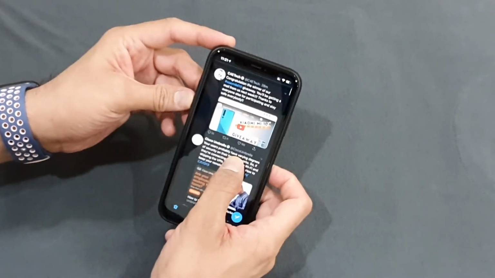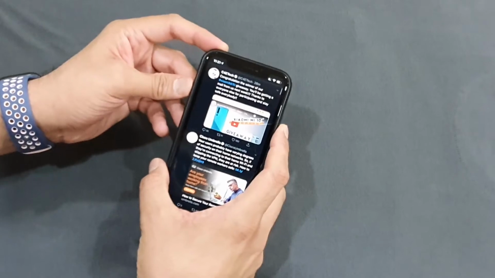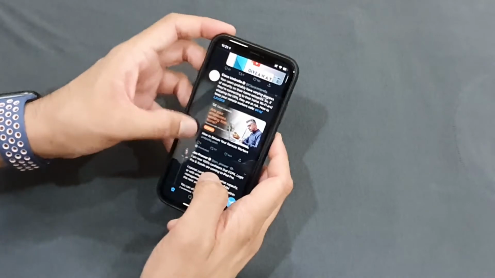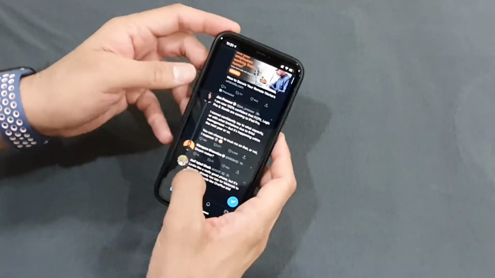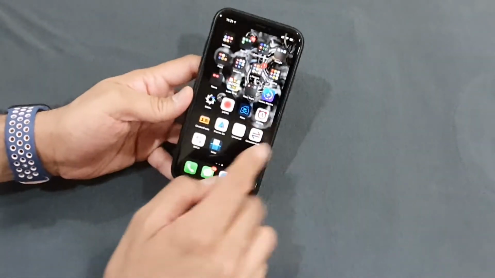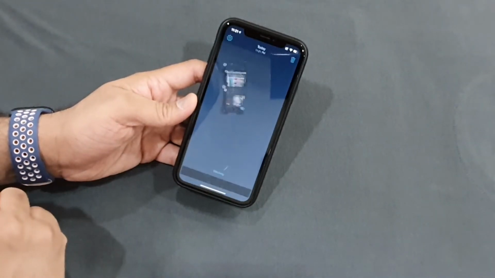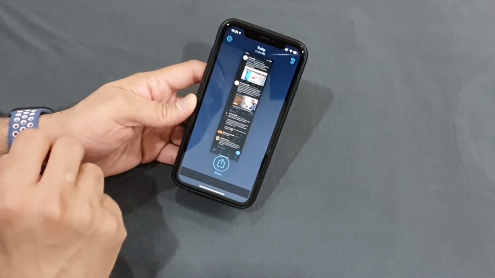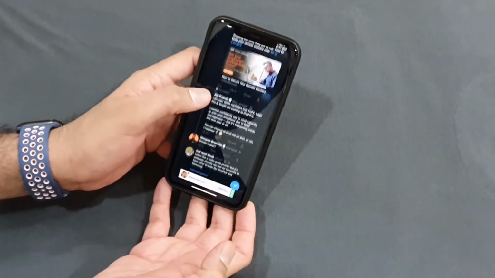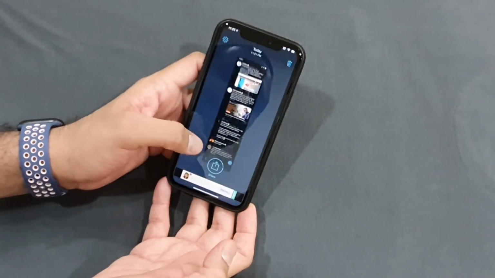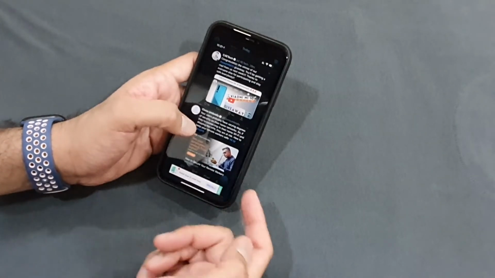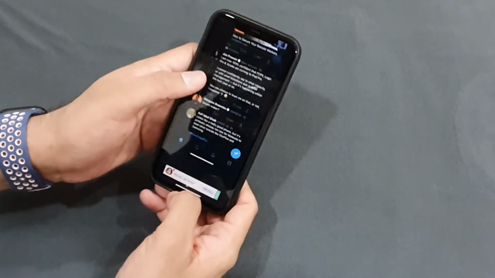Okay, so let's do one thing. Let's take a screenshot. Now what we will do is we'll also take a screenshot from here. So you directly go to Tailor app. It has detected that there are 2 screenshots and it has already stitched it into one. So now there is only one JPEG file with both screenshots attached. You can directly save it or directly share it to anyone from here.